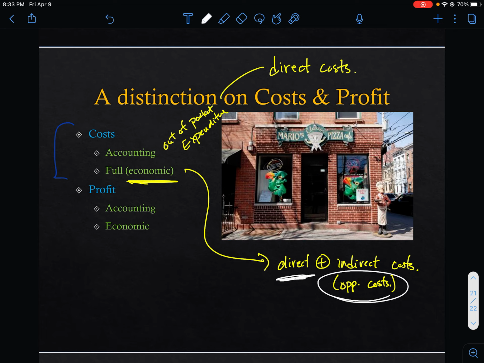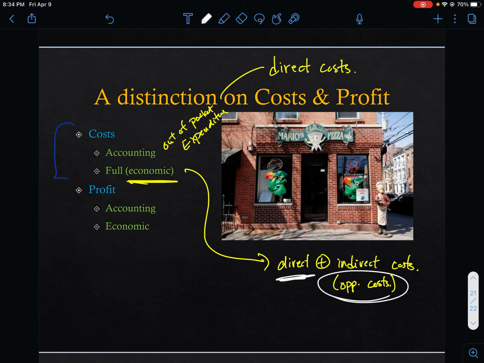If you buy your storefront, but you have a mortgage, and so every month you write a check to the bank to pay the mortgage and taxes and insurance, that is a cost. The accountant would consider that a cost. The economist would consider that a cost. But what if you own the building free and clear? You've been in business a long time, you've paid it off. Or it's been in your family for generations, and so you own the building.